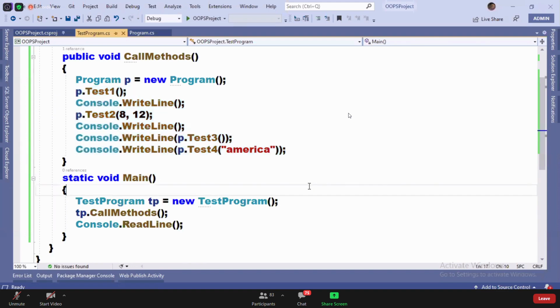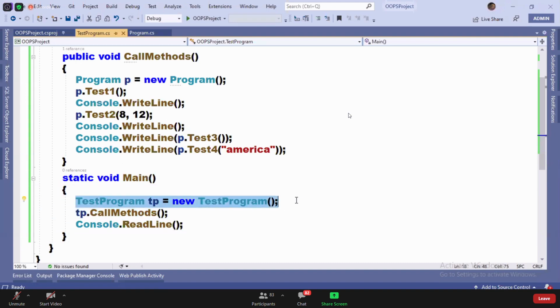You tell me now. Execution starts from where? Main. What will happen there? What is happening? An instance is created. Which class?